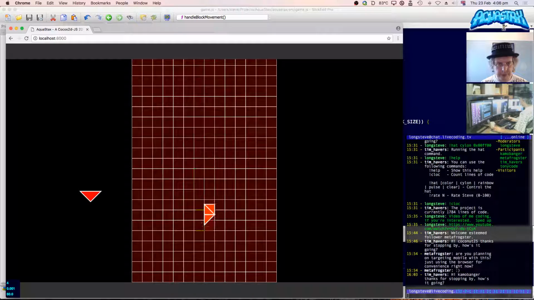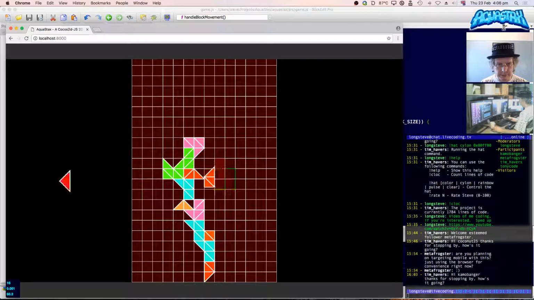hopefully fixed. One more test of this. Sure I haven't broken this lovely into place. Yeah, it's still into place. Good. Oh, there we are. There we go. So it just moves it, shifts it out nicely.